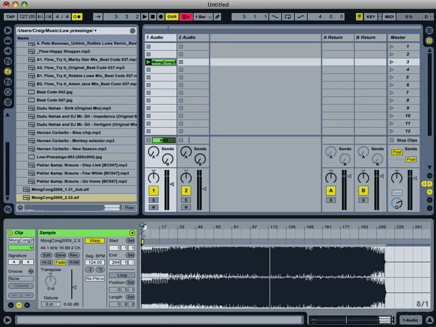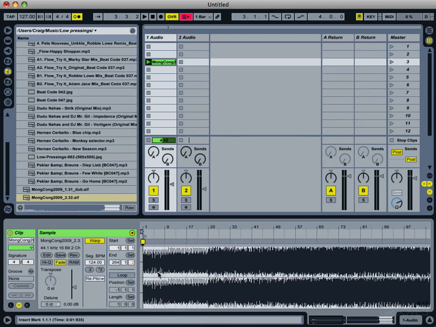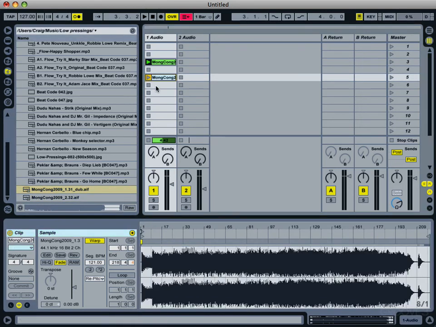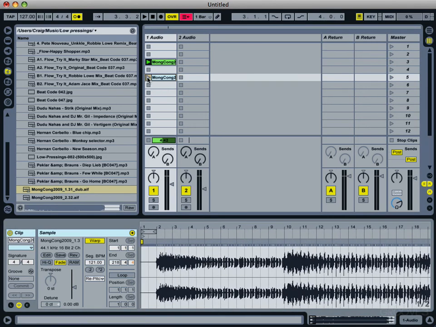So really, like I said, with Live 8, I actually find this is all I need to do most of the time. Now, it might not always be that the kick starts at the beginning, and that might be where problems arise. So if we just have a quick look at this other example, which is a different dub mix of that same track, you can see we've got that gap of silence again at the start there. If we press play,